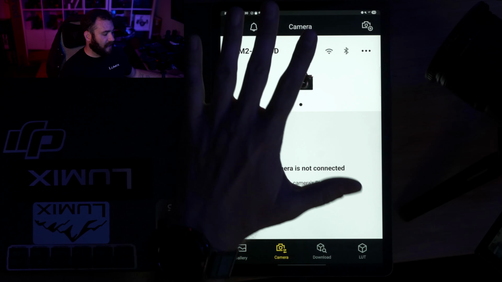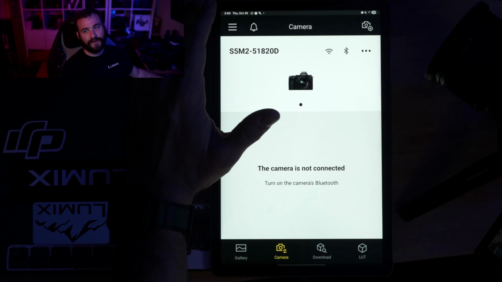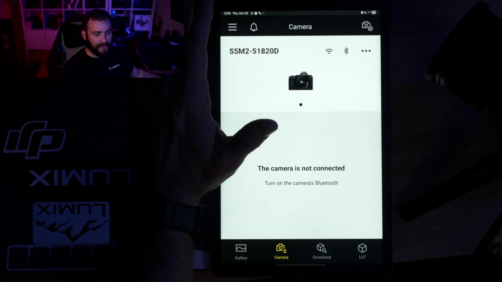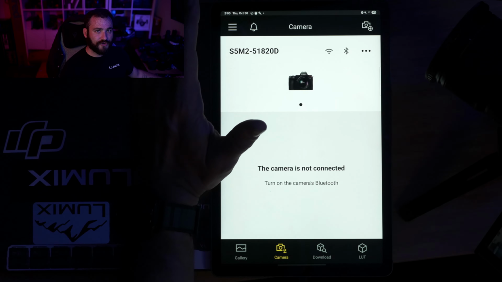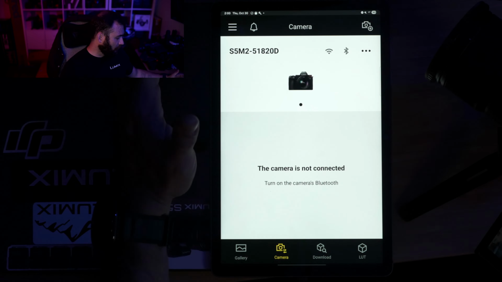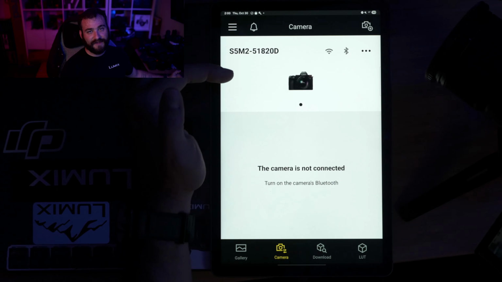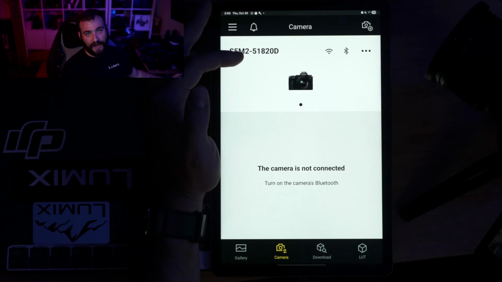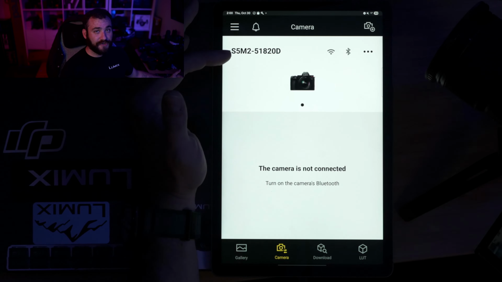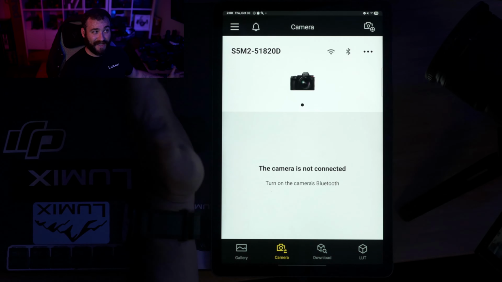If you're running into problems where you can't get it to connect, here are a few troubleshooting things that I recommend. For one, if you had connected the camera to the app prior to an update, and then after an update it doesn't want to connect,